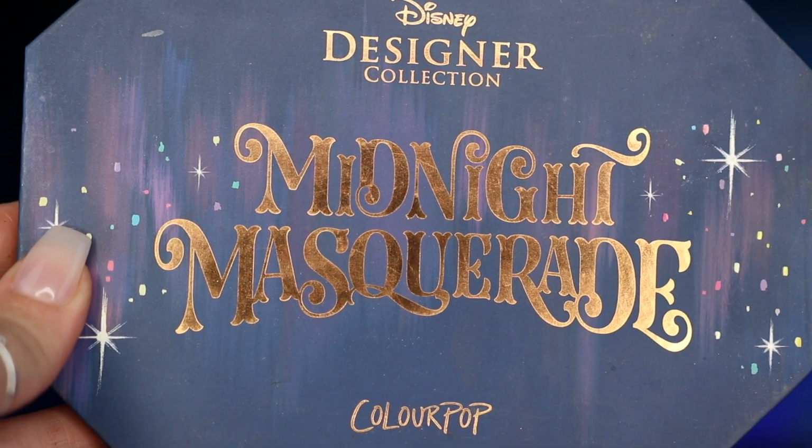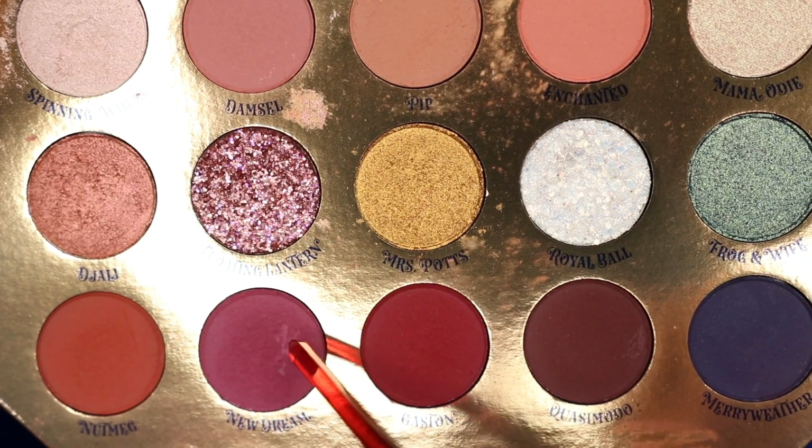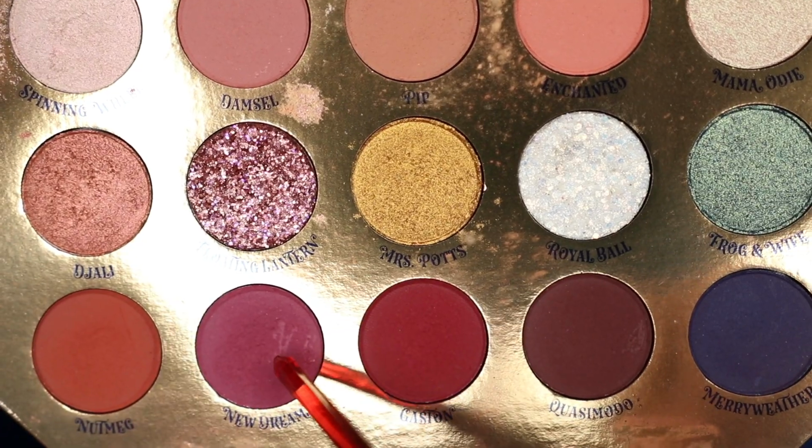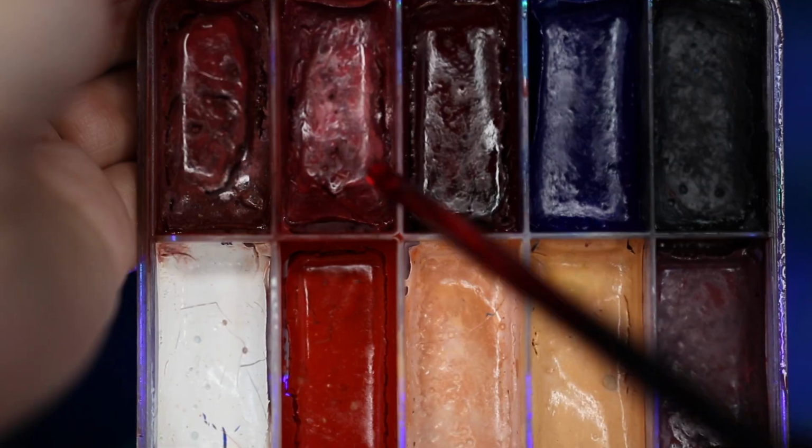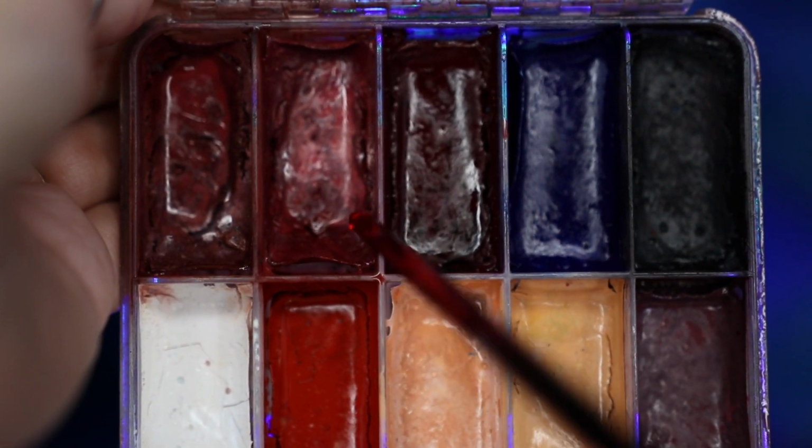I'm then going to be going back into my ColourPop Midnight Masquerade palette, taking New Dream, and I'm just going to be lightly applying this under my eyes. This is going to help give it a little bit more redness, and then we're going to be moving on to creating the cuts. So I'm going to be going into my Skin Illustrator FX palette, taking Blood Tone, and